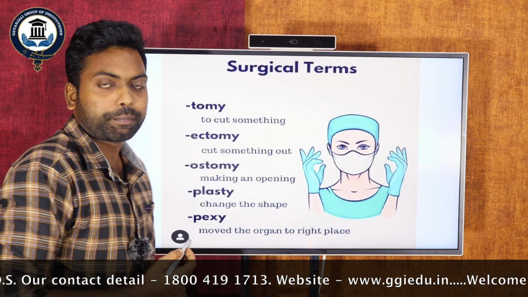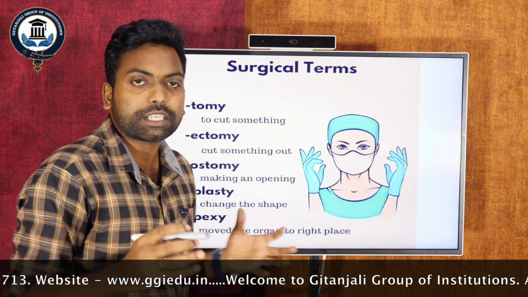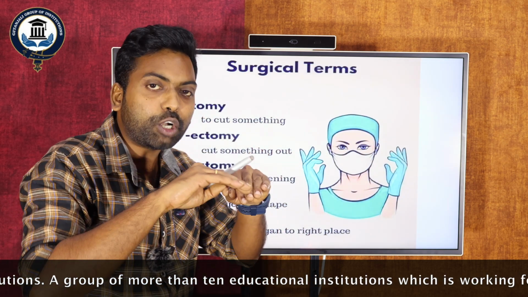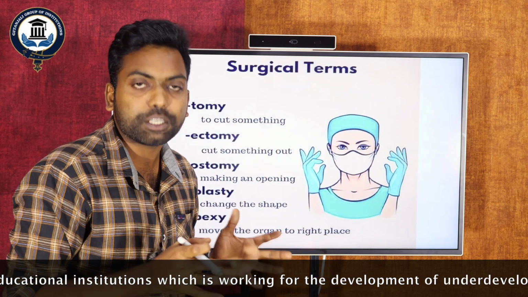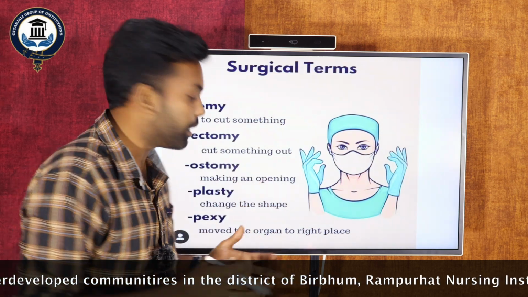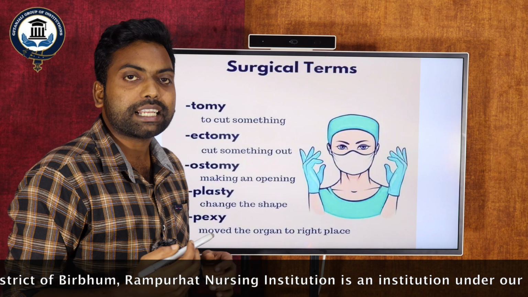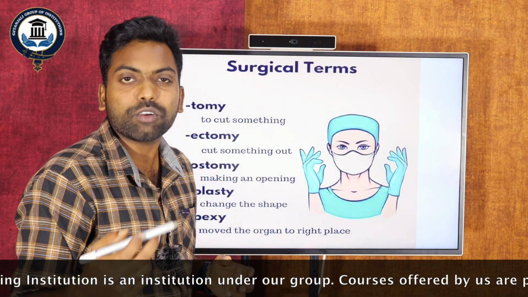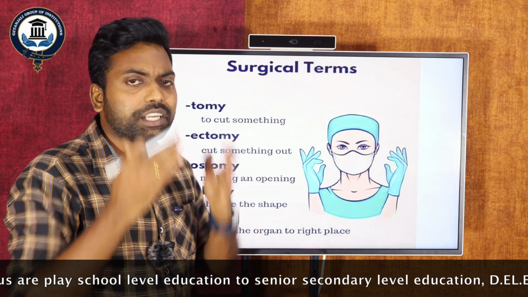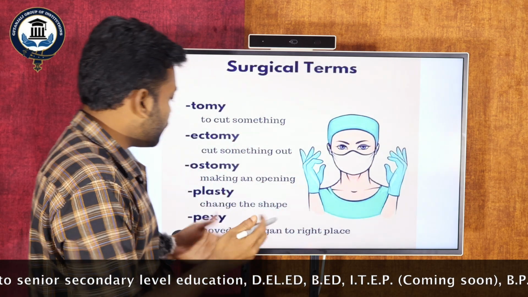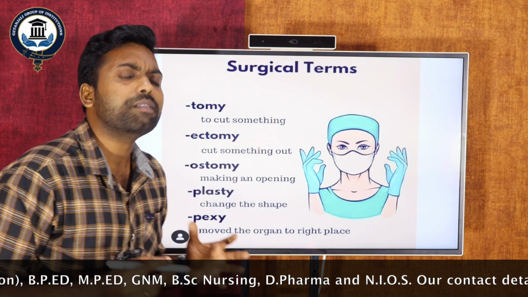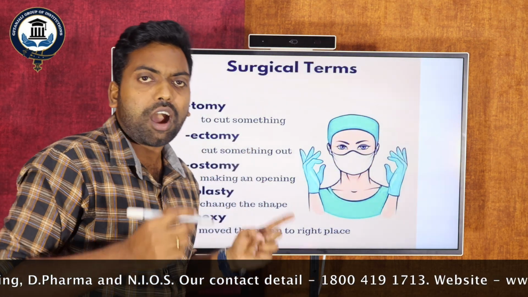And next one is ostomy, like for suppose colostomy. Ostomy is when there is a narrowing or a block. In such a case, if you want to open and see what exactly is going to happen, we call it ostomy. For example, colostomy. And next one is plasty. For suppose I can say rhinoplasty. What is the meaning of rhino? Rhino is nothing but nose. So this kind of plastic surgery, when we are doing plastic surgery, if there is some shape we need to set right, in that case we use plasty. So this is the main medical terminology that we can use medically and surgically also.